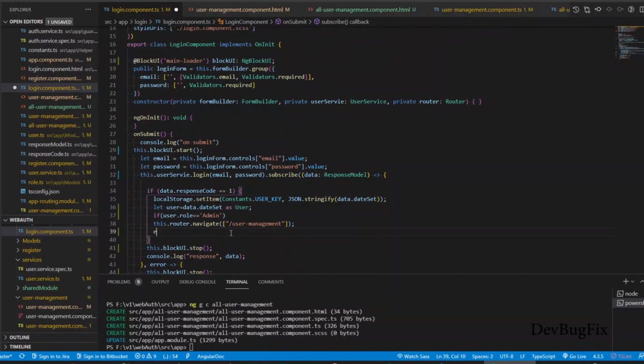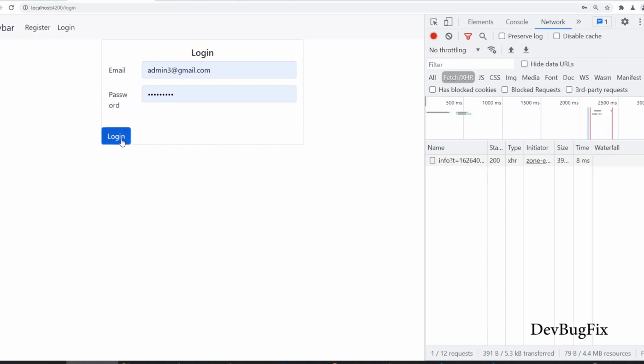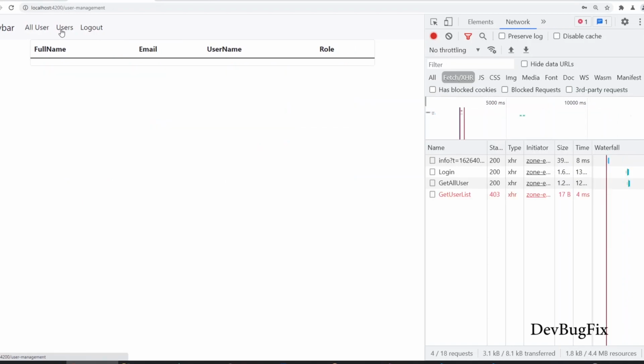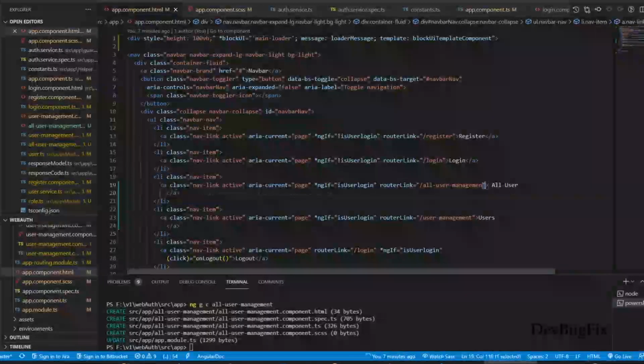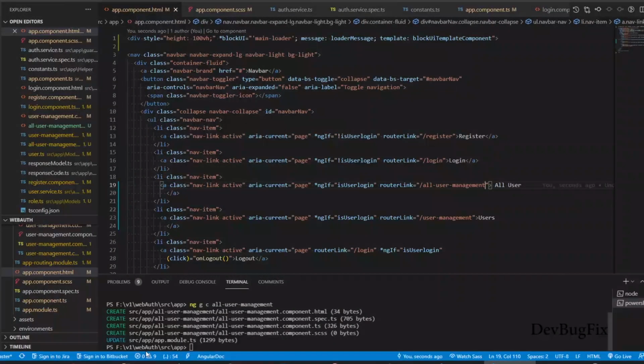So we will add the else part, this.router.navigate, and we pass the path. So now test this, and if I log in with admin, you can see I am redirected to the all user management page. If I click on user, then you will see I get a forbidden error. Somehow all user is not working, and here I forgot to add T. So now test again,